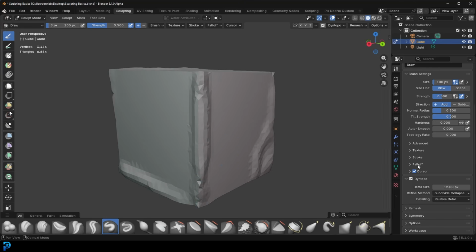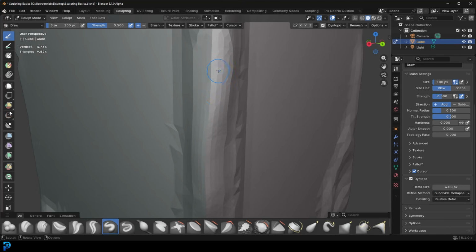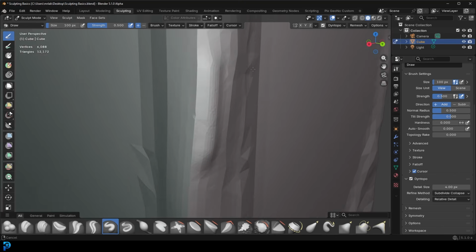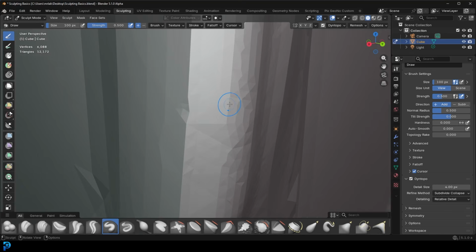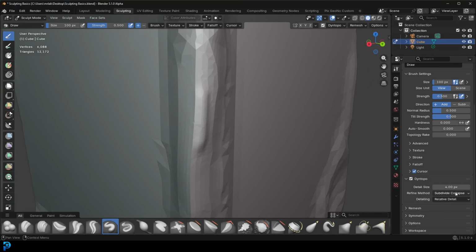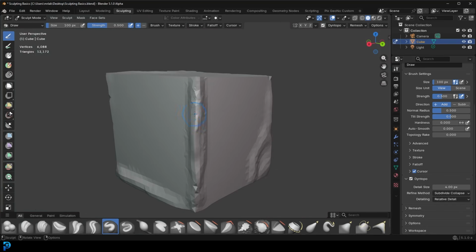Now, just a quick note with the detail size here, right? Currently it's set to 12. If I were to take this down to 4, now you can see those triangles become even finer, right? And if I go in closer, you can see they become even finer despite the fact that I haven't brought it down anymore. And that is because currently the subdivide collapse is set to relative detail. And what that means